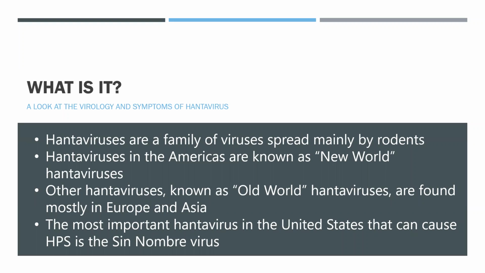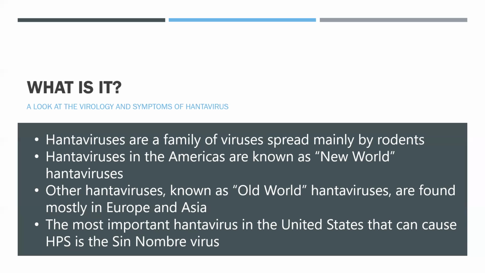So what is the hantavirus? Hantaviruses are a family of viruses spread mainly by rodents and can cause varied disease syndromes in people worldwide. Hantaviruses in the Americas are known as New World hantaviruses and may cause hantavirus pulmonary syndrome, or HPS. Other hantaviruses, known as Old World hantaviruses, are found mostly in Europe and Asia and may cause hemorrhagic fever and